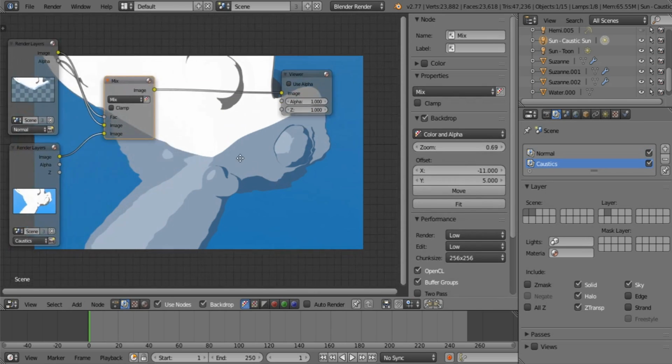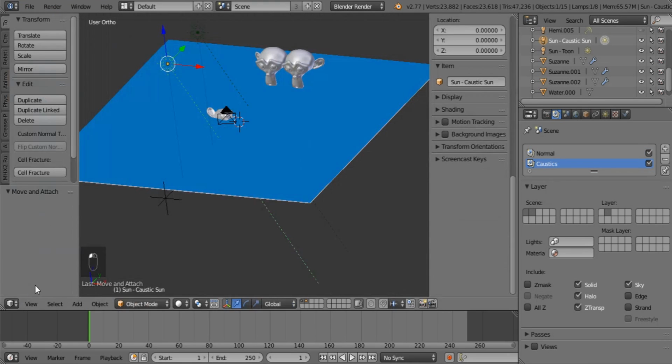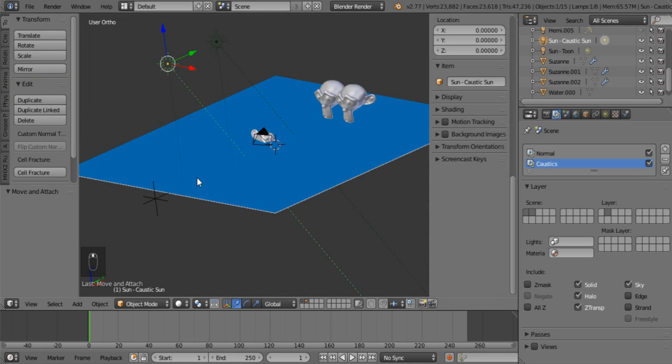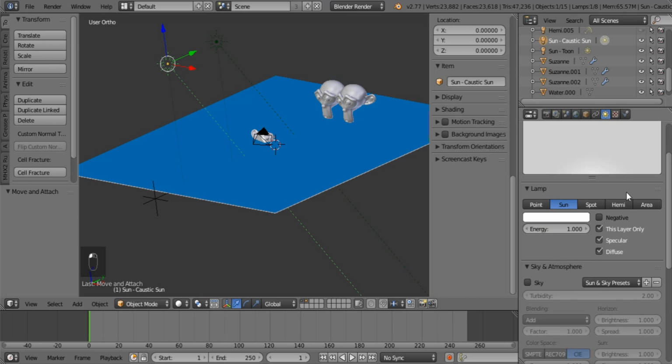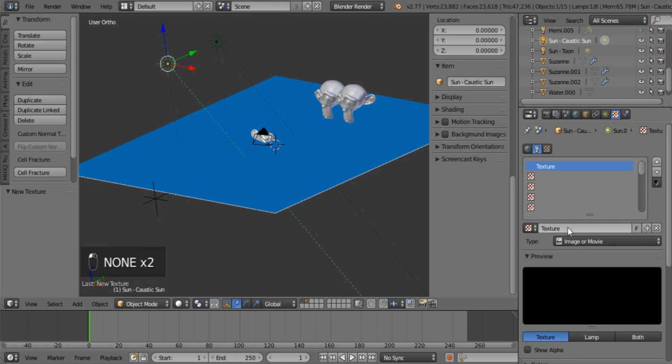Now that this is sorted, let's do some more work on this. Now you're probably wondering, where are the color lines going to be coming from? They're going to be coming from our sun lamp. So go into your sun lamp, click on the sun lamp, and then click on textures, because you can actually add textures to your lamps. And let's click and say caustic